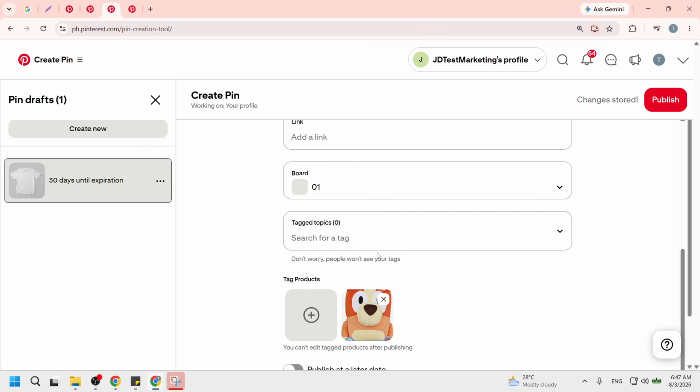You have just created a Pinterest pin with a tagged product link that leads people straight to your product page,